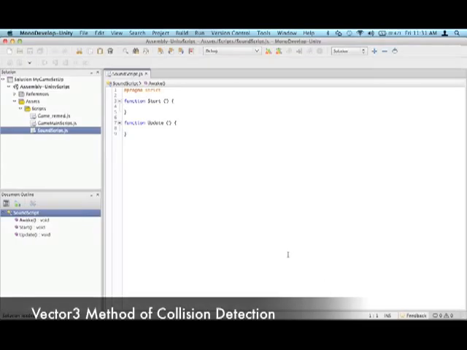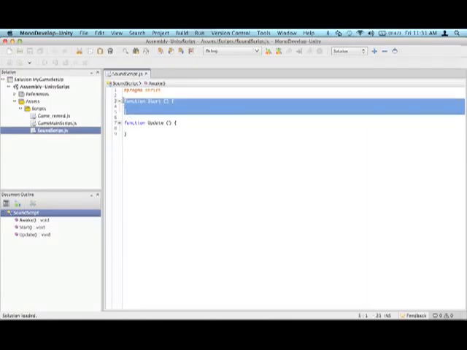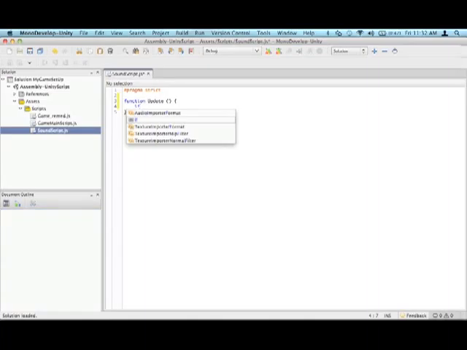So here we are in our new sound script that we just created, and what we're going to do is eliminate the function Start. We don't need that. Just a quick delete there. We're going to leave the function Update though, and we're going to start out by writing some script, and then we will get into putting in the variables. So the script that we want to create here is going to read basically, on the function Update, every time you update the scene or refresh the scene 30 times a second, if